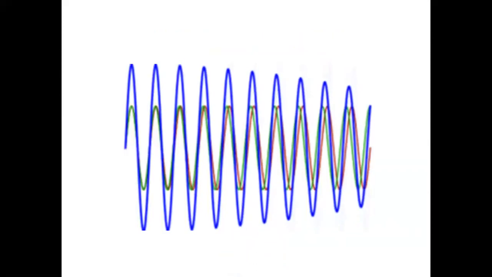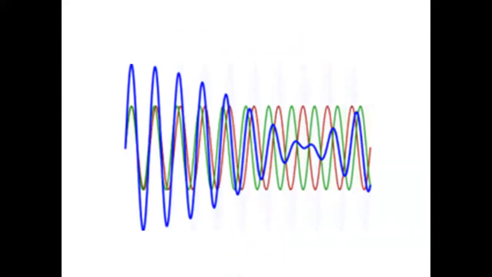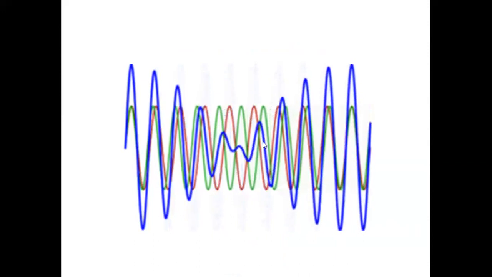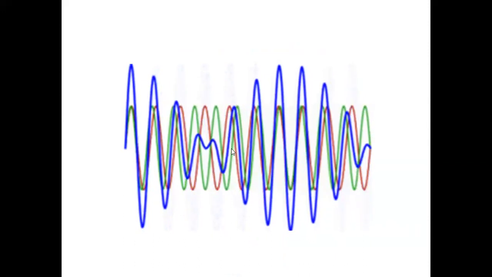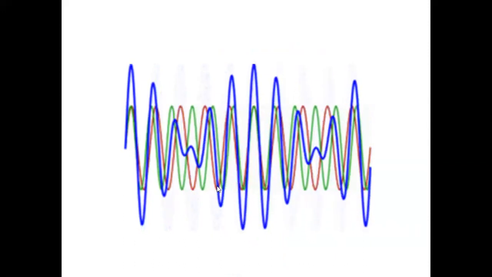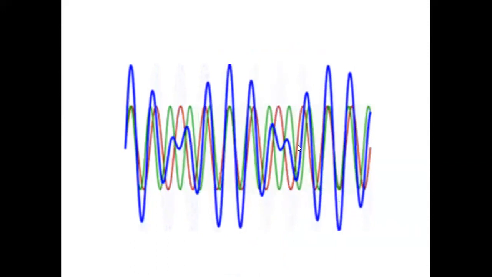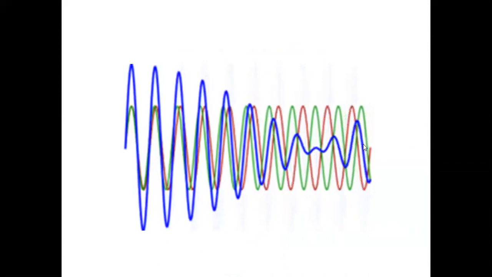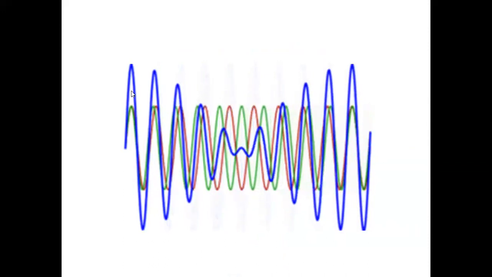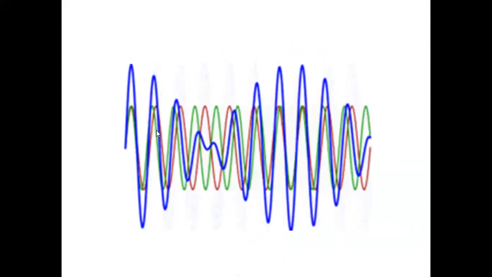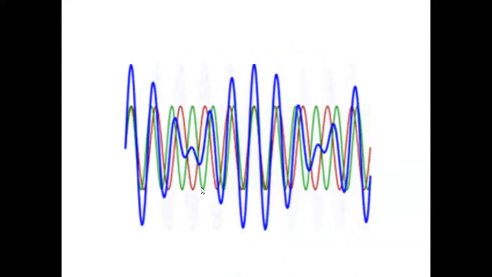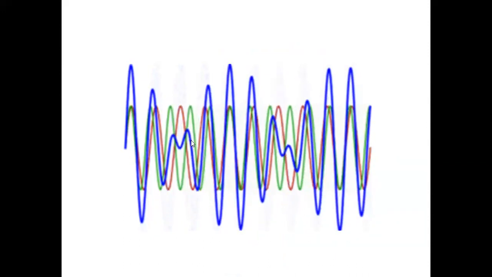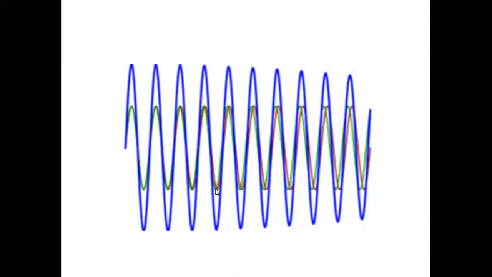You see here, that is shown in all the points. At some points the blue vanishes because the crest of green falls on the trough of red. But wherever the crest of green falls on the crest of red, you get maximum wave. Can you see that? So here it has vanished, and here it is maximum because crest is falling on crest, and at some places it is zero because crest is falling on trough. So simply to understand superposition, this animation is done.